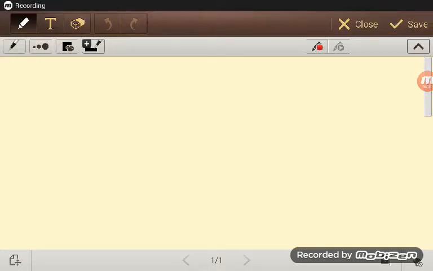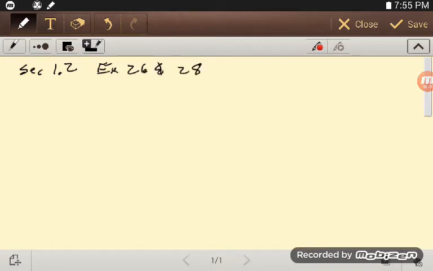Okay, well, I thought we'd look at section 1.2 exercises 26 and 28. So if you look at 26, sorry, not 26, 24. We looked at 26 already. 24, so we get this picture and then it just asks us